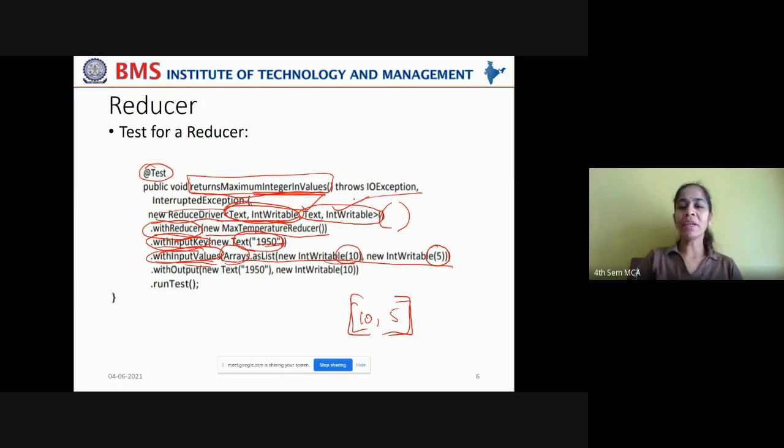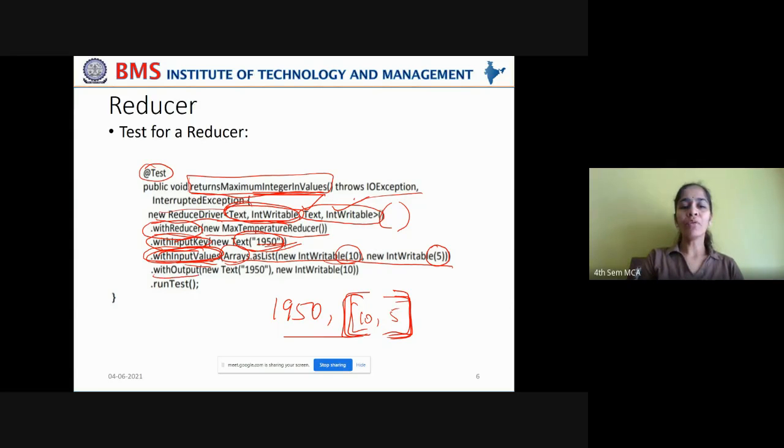You're transforming it into an array and passing it to the input values method. Now what is the key that you have associated with this reducer? 1950. And what is the value you have associated with this reducer driver? 10 and 5.